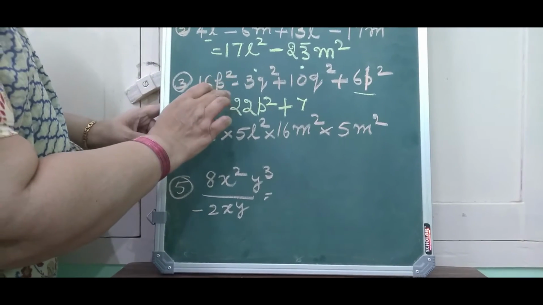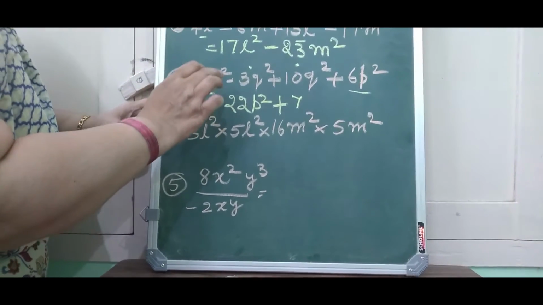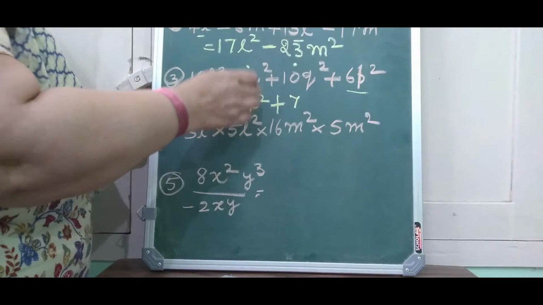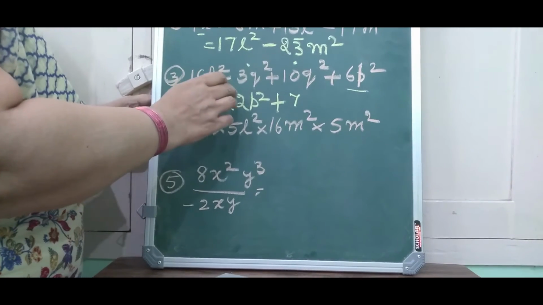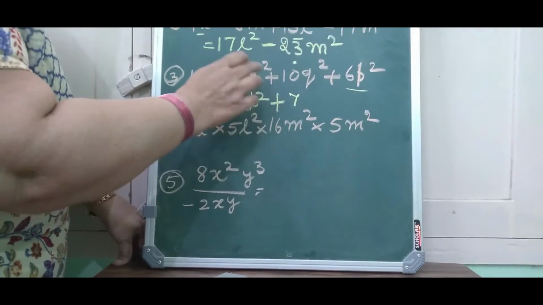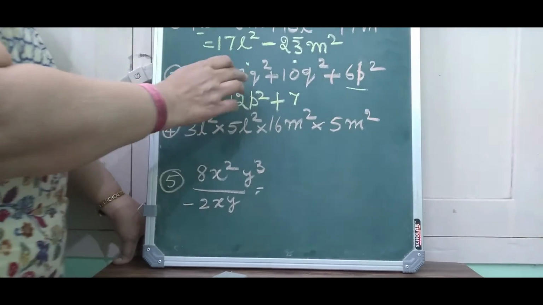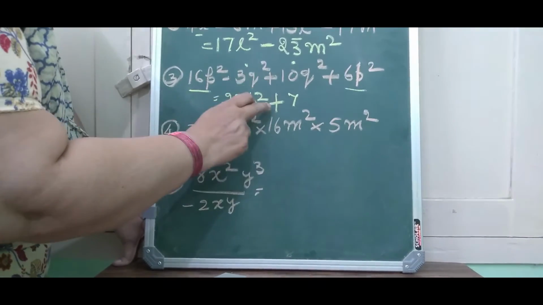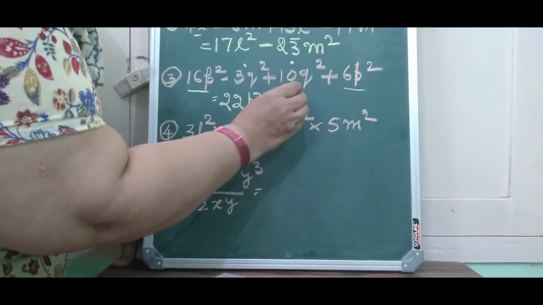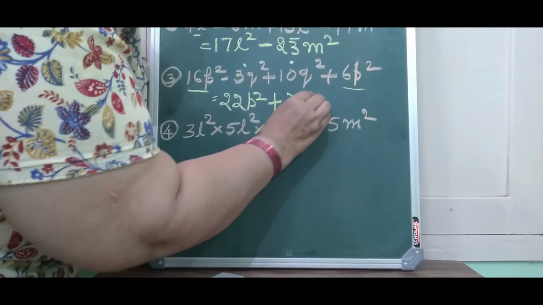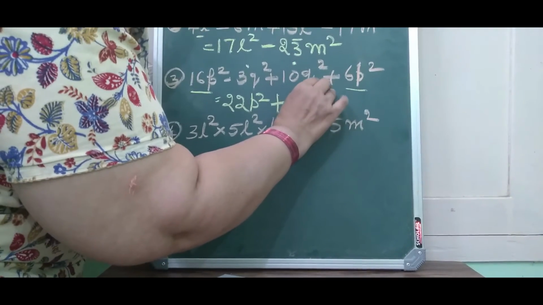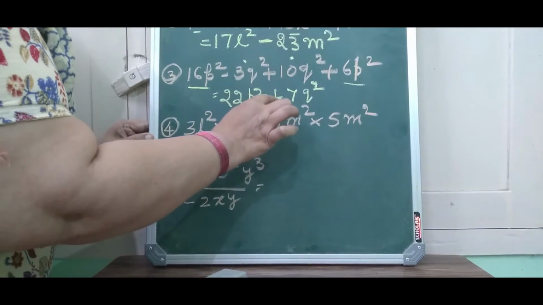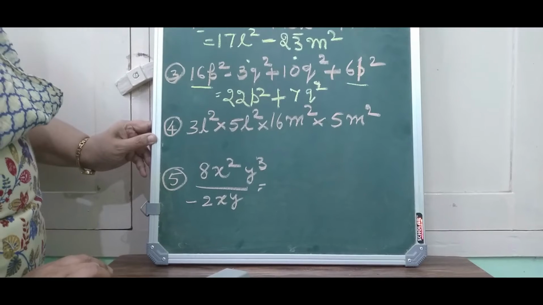These all will come in the law of the indices, which I will explain to you, that comes in the arithmetic side. When you deal with the algebra, you will be knowing all these very simple things. But simply I have told you, let me explain to you about this indices chapter also in the next coming units. So 10 minus 3 is 7, and I have written plus sign here, and let us write q square like this only. So what is the answer? Answer will be 22p square plus 7q square.